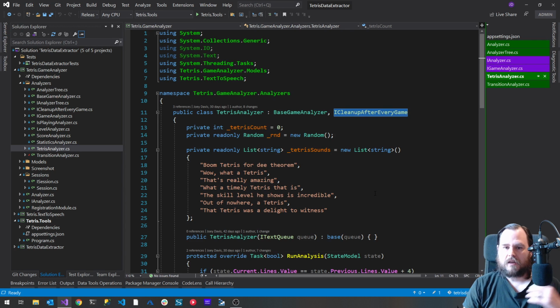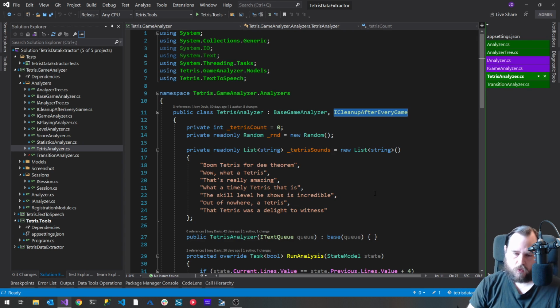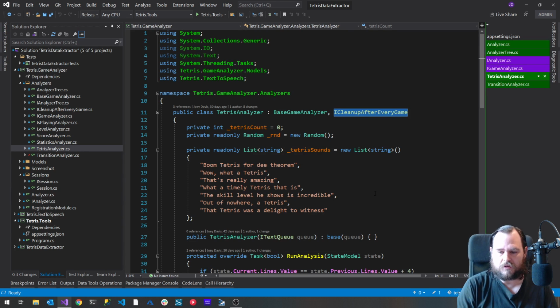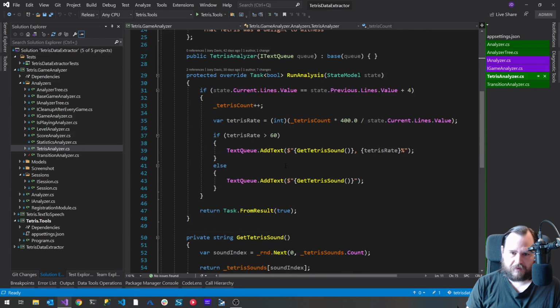I'm just cleaning and burning lines like crazy up near the next box, and it's like 20, 30 lines without a Tetris, and the robot announcer is just sitting there silent. And I'd like him to sort of make fun of me a little bit for not getting Tetrises. So what I'm going to do is